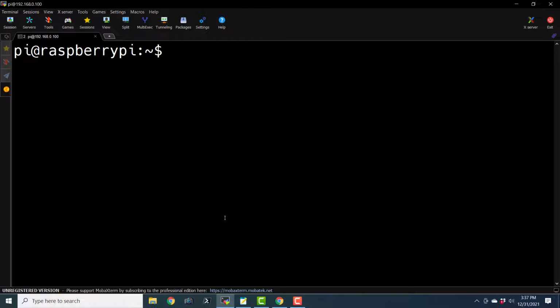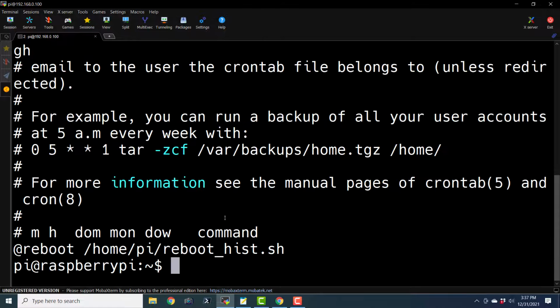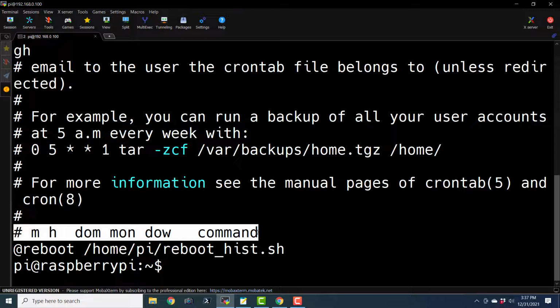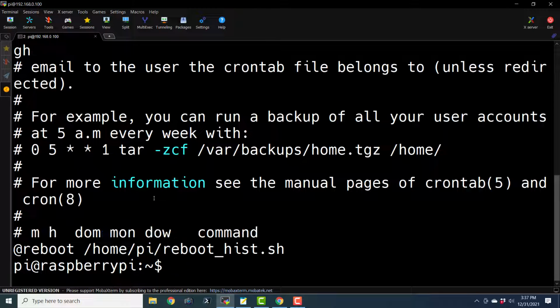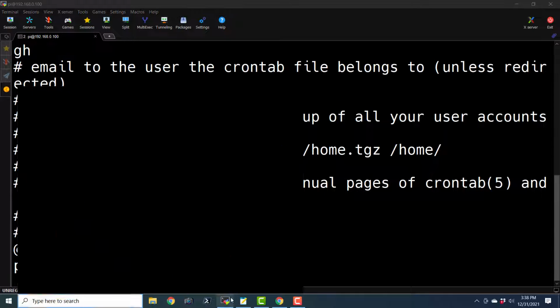The first way to access it is read access. So I will just say crontab -l. It will show you the current contents of the crontab. The crontab settings follow this format. Let me copy it, and we already have a notepad open here.